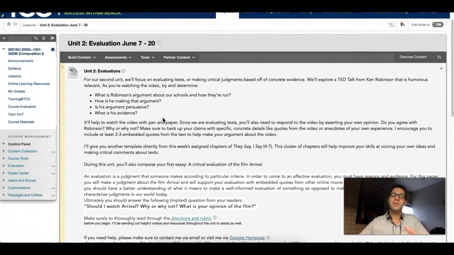So for evaluations, really, you're thinking about making judgments about things. Now, judgments, that word has an inherently critical and negative connotation, but you don't have to think about it as that, right? So for a judgment, you're just evaluating the quality of something, right? Particularly with text, whether or not you think other people should engage with them. And you're great at this, right?